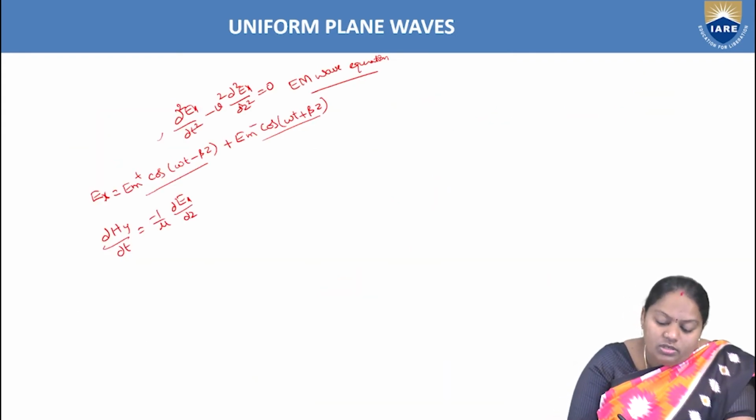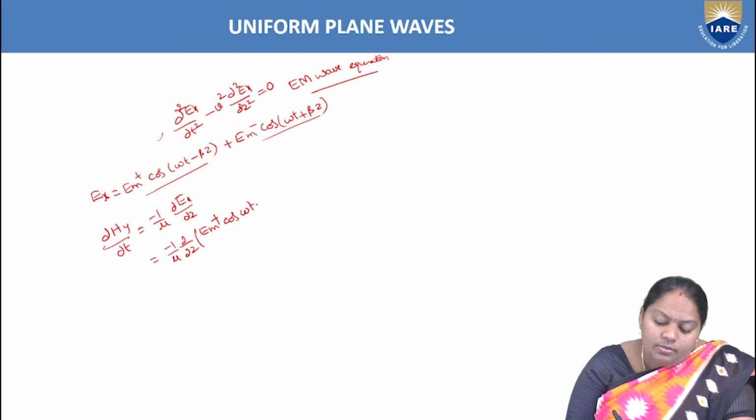Consider this equation. Now if we substitute Ex by this equation, then we get minus 1/mu into ∂/∂z of Em plus cos(omega t minus beta z)